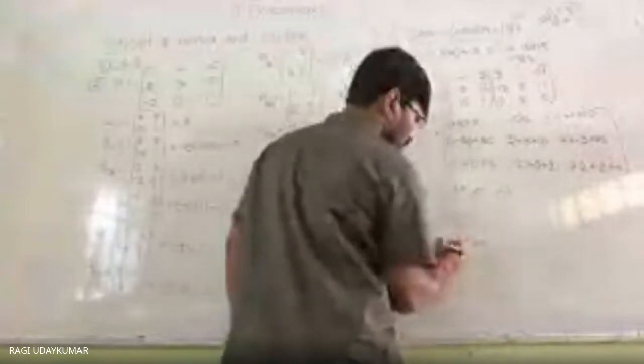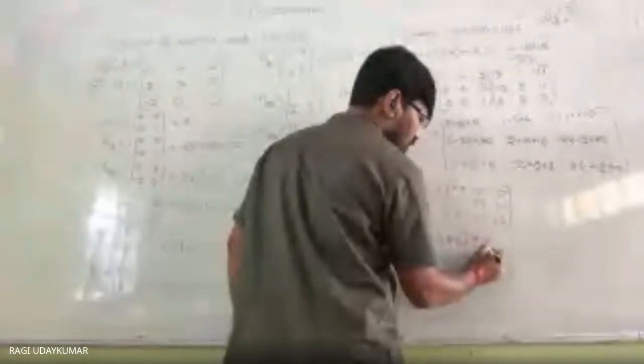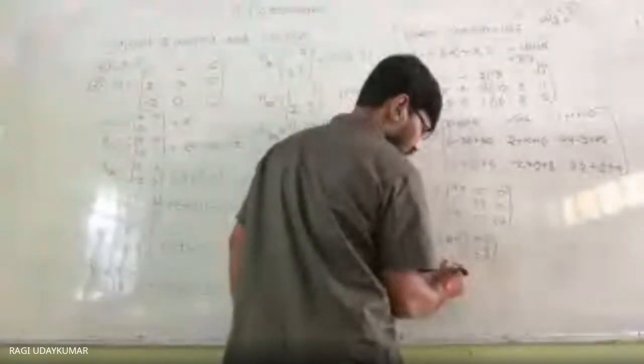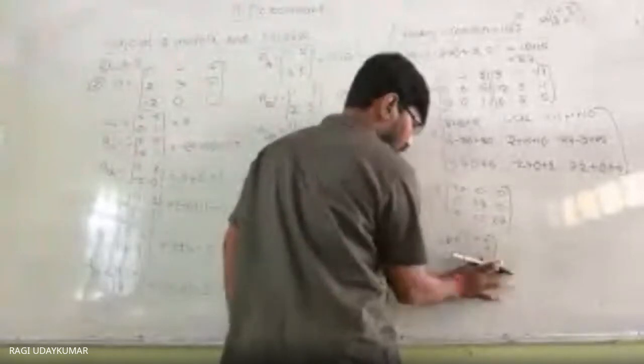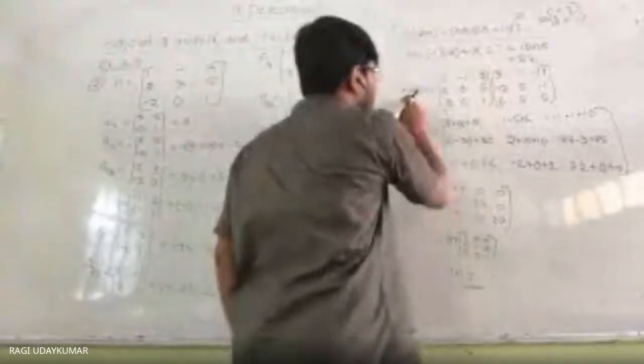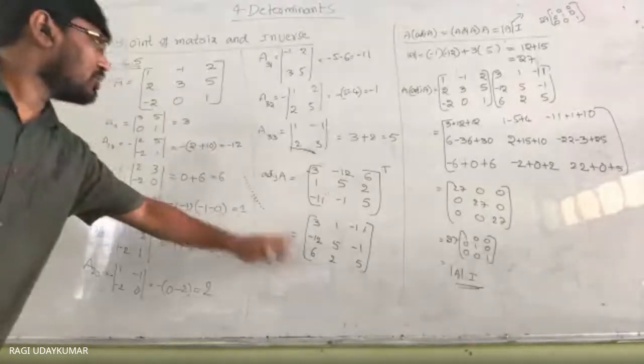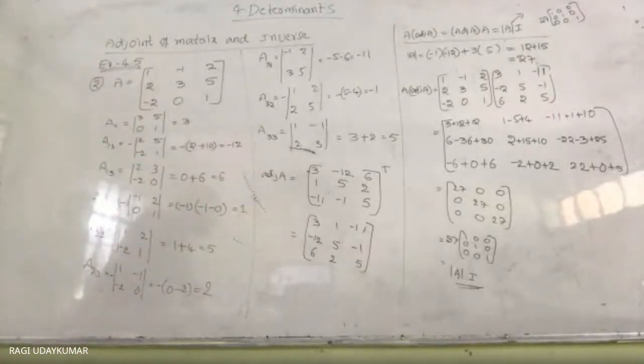So 27 is outside, then you write 1 0 0 0 1 0 0 0 1, which equals 27, what you got, 27 determinant of A. Determinant of A into I. So A into adjoint of A, determinant of A. One more you can check. What can you check one more? Determinant of A, adjoint of A into this one. That also we need to get as the same thing. Otherwise, it is wrong. It is not called an inverse.